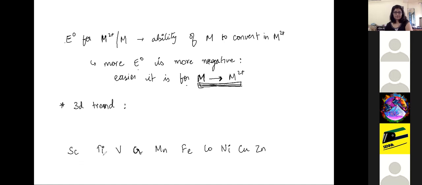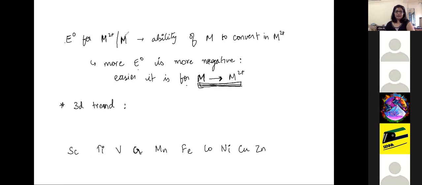Its electronic configuration, valency. Valency or electronic configuration? Yes, the number of valence electrons, because it will want to go towards having fully filled valence orbitals, or a half-filled one. So it would want to go towards that stability, decided by the electronic configuration. Is there a regular trend here in the electronic configuration?